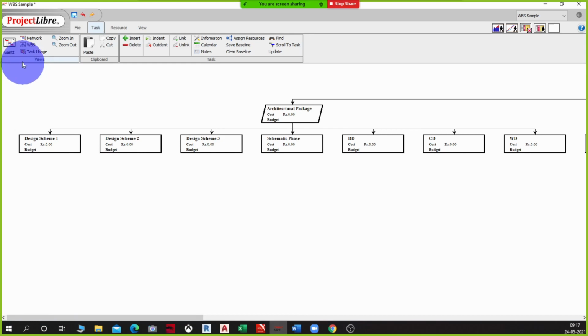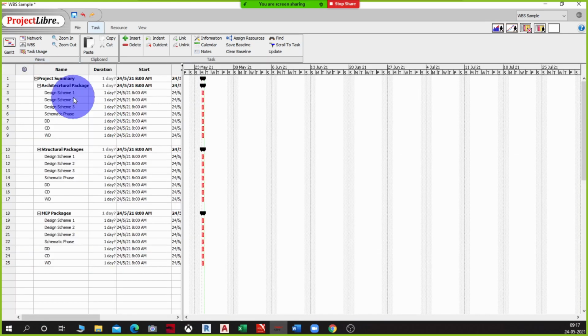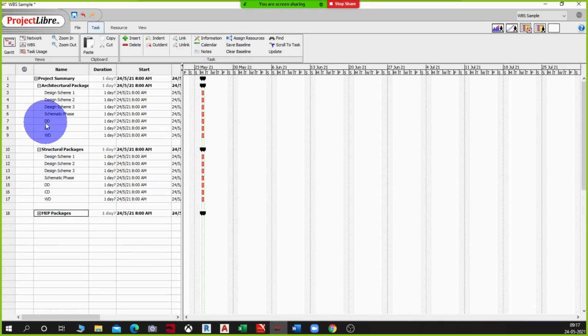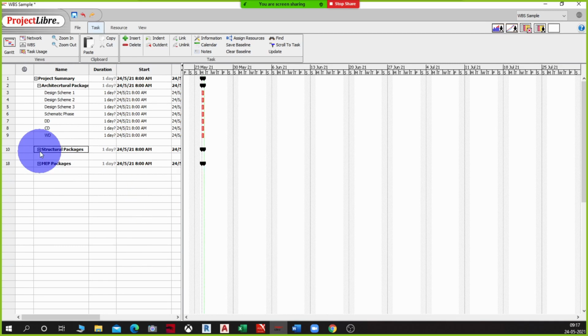And at any given point of time, if I want to control the vision or which part of it I should be able to see, I can simply do that. Now I want to see only the architectural package specifically, and I want to understand how the package load is for that.